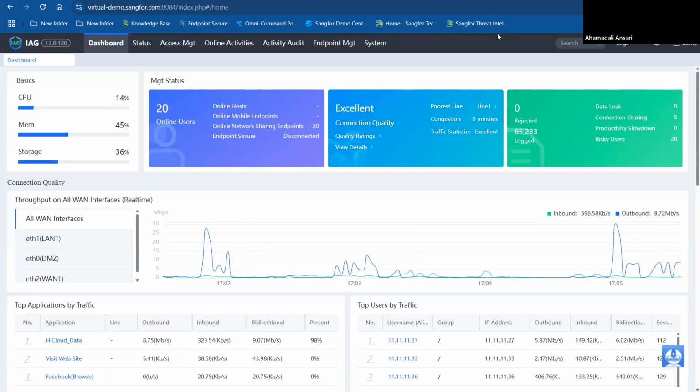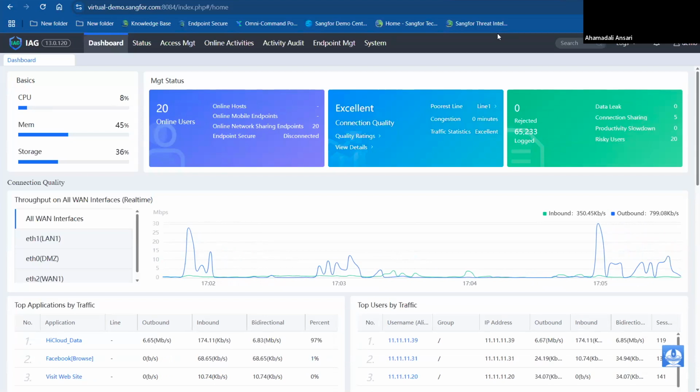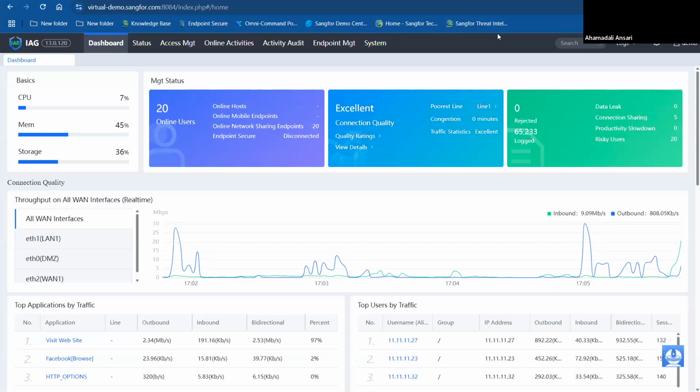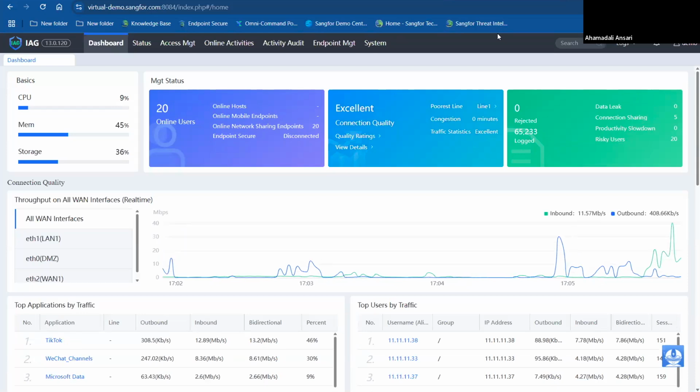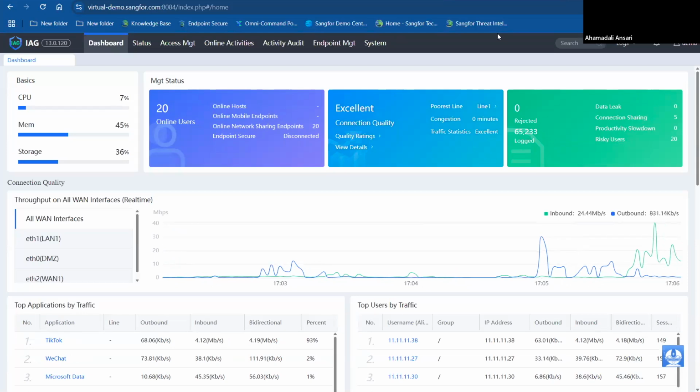We are not covering any DLP features right now from the perspective of Endpoint Secure. The Endpoint Secure which we have designed is specifically to protect against most of the advanced malwares, and it is only meant for that, because when you add the DLP component or certain other components, system resource utilization will be huge. We want to make sure that Endpoint Secure remains light without affecting performance. We want to make sure that we cover the 360-degree approach from our Neural-X and Cloud Threat Intel. I'll be showing you that as well.